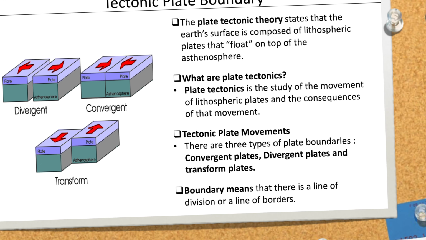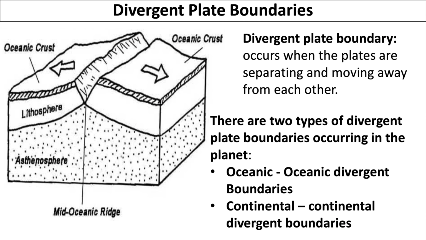Next, we will move on to learning about the 3 types of tectonic plate boundaries, starting with divergent plate boundaries. A divergent plate boundary occurs when the plates are separating and moving away from each other. There are 2 types of divergent plate boundary occurring on the planet, which are oceanic divergent boundaries,